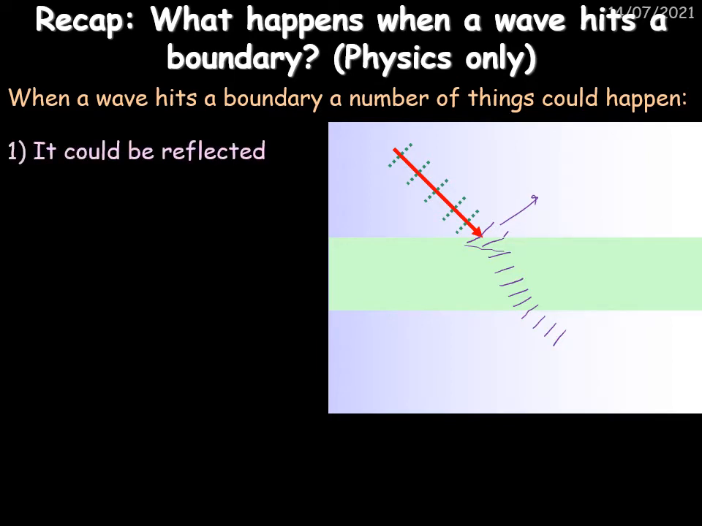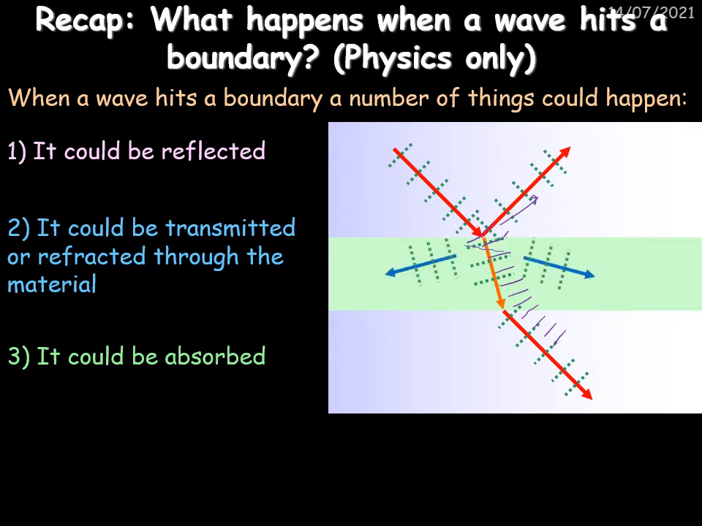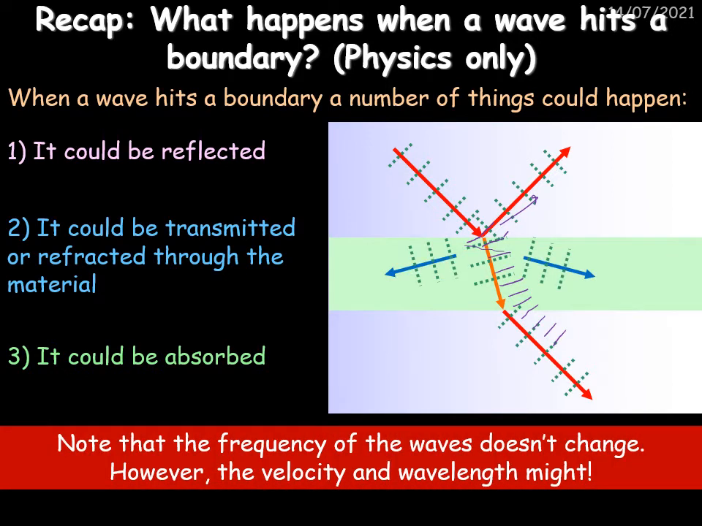So light could be reflected when it hits a surface, like that, or it could be transmitted or refracted through the material, like that, or it could be absorbed by the material and it doesn't get to go through. So